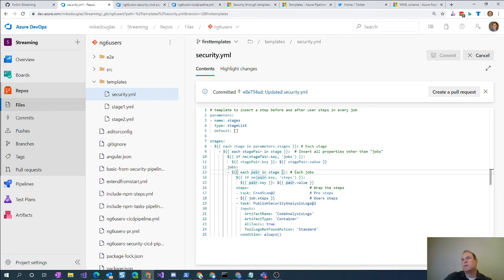So, each stage in our parameter stages, each stage pair in our stage, we're basically saying if it doesn't equal jobs, then go ahead and list it out. But it is saying it already